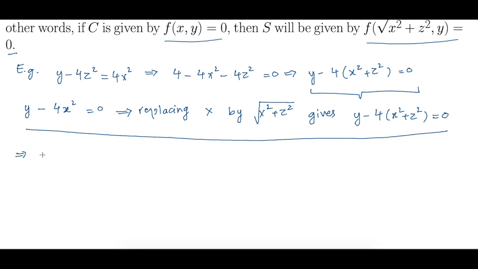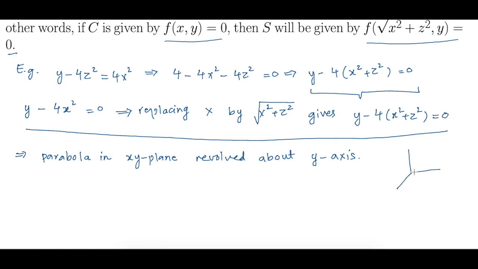So this means a parabola in the xy plane revolved about the y-axis. You can sketch it now, but this is just a parabola. Let's sketch it. I'll try. The parabola is something like this. This is the parabola in the xy plane, and then you rotate it about the